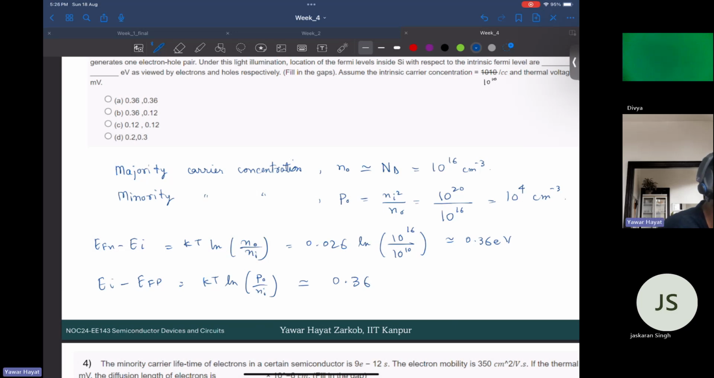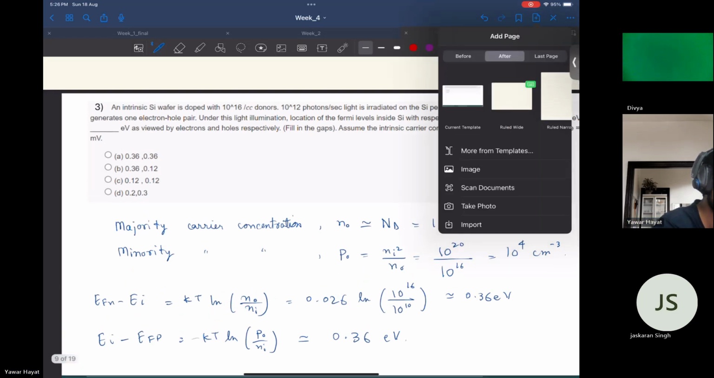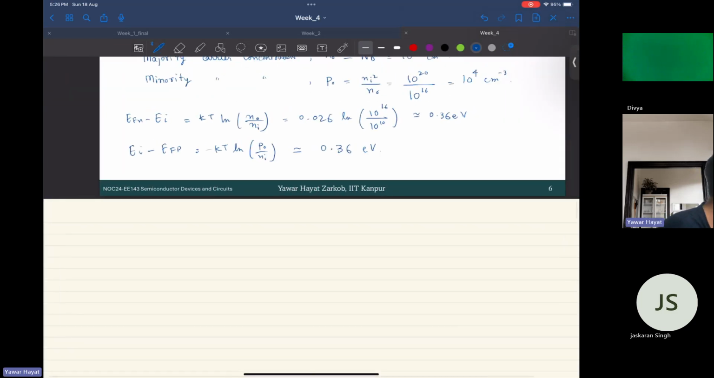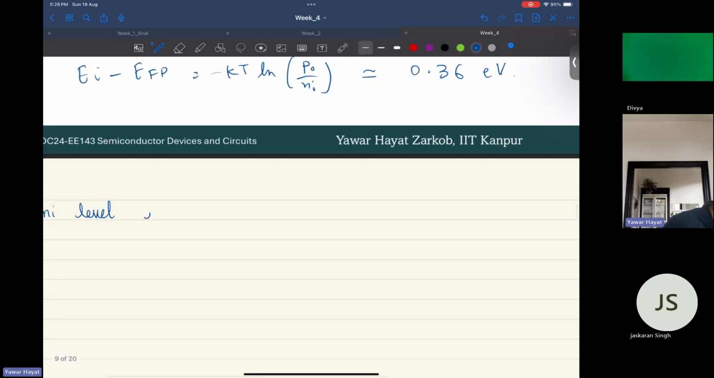I guess there is a minus sign, right? There would be a minus sign. So that's why this would be 0.36 electron volt. Fine. Now, your Fermi level is 0.36 electron volt above the intrinsic level, right? And